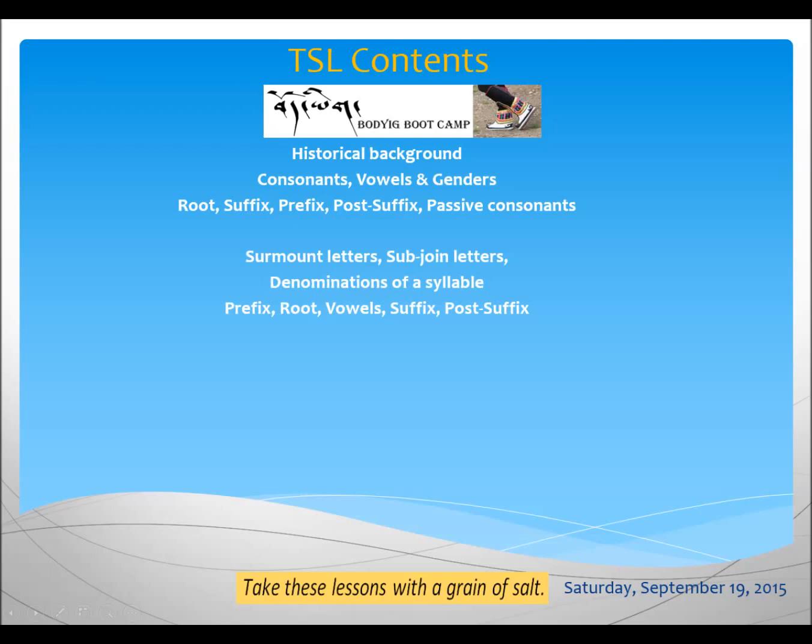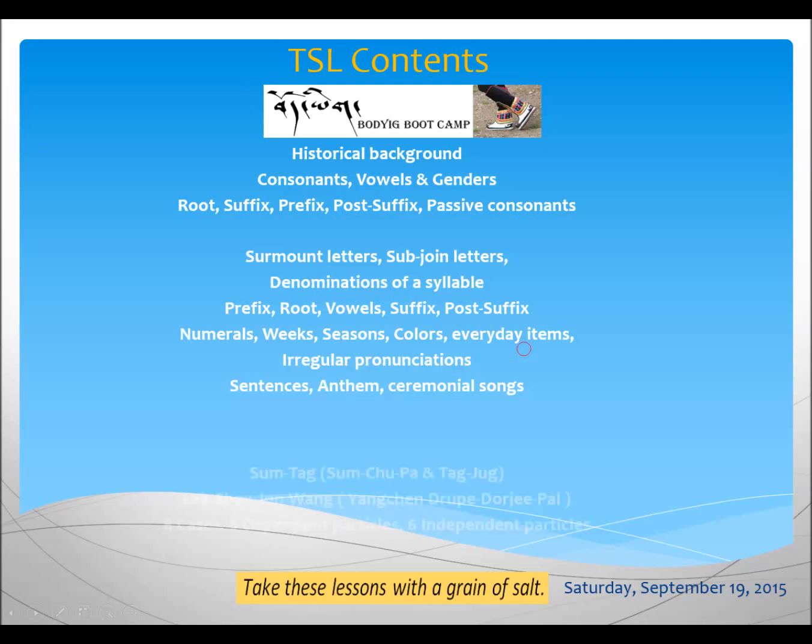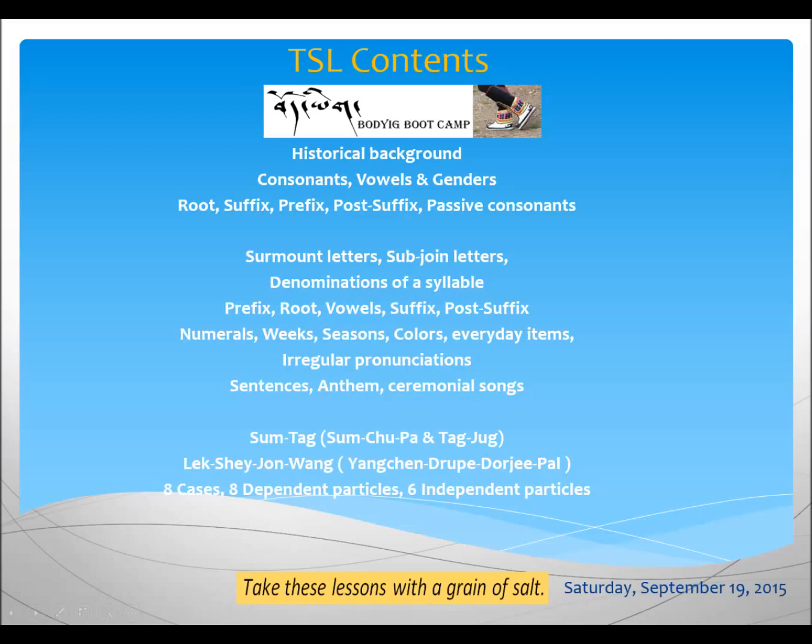So basically it's prefix, root, vowels, suffix, post-suffix, and then we'll look at numerals or numbers, weeks, seasons, colors, everyday items, irregular pronunciation in Tibetan language, and then we'll look at sentences, some ceremonial songs, including Tibetan national anthem, and then we'll do